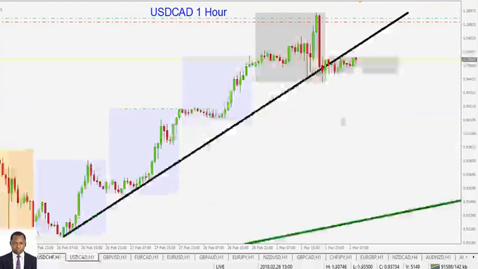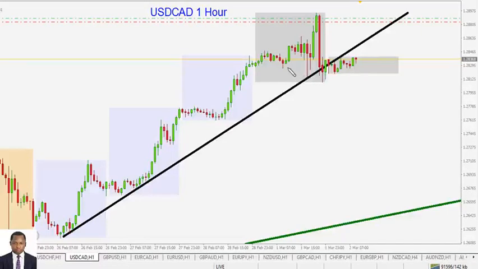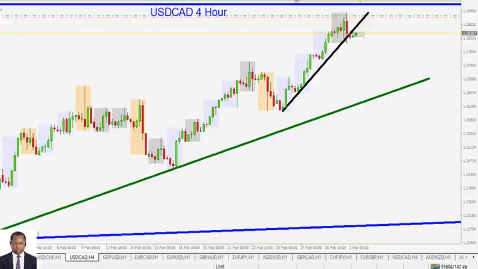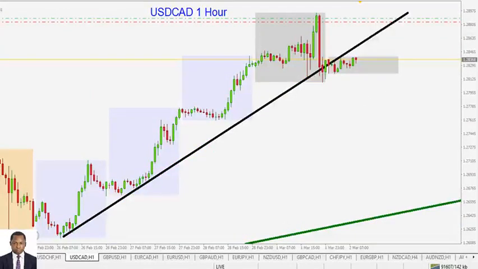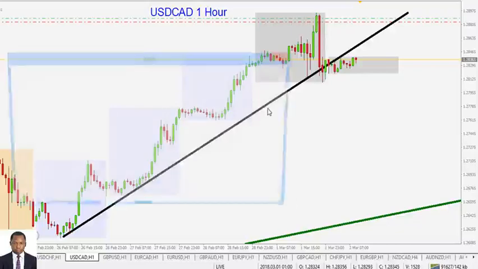Okay, the American dollar against the Canadian dollar. This is the one that I am thinking we should cash out some profit a bit. We should cash out a little portion of our profit. We are already sitting at a break-even position. Remember, we are too involved in American dollar crosses. So let's just take something into our pocket for the weekend. So I'm going to cash out 50% of my profit.